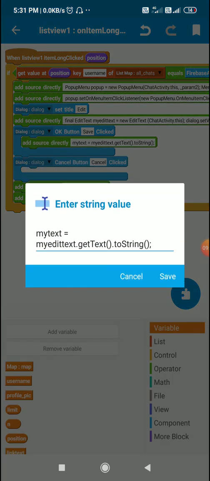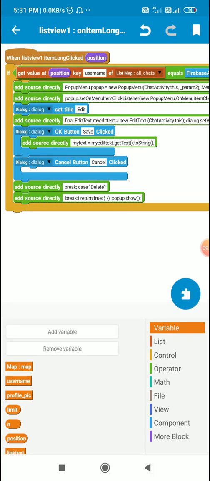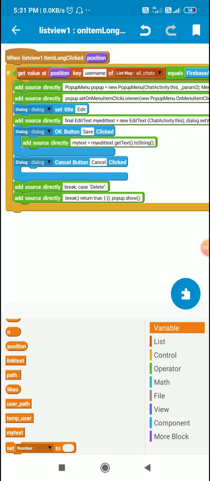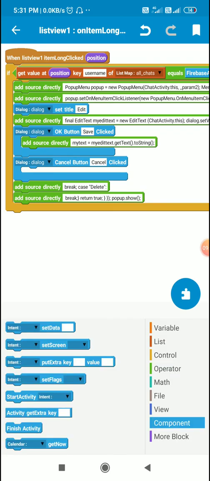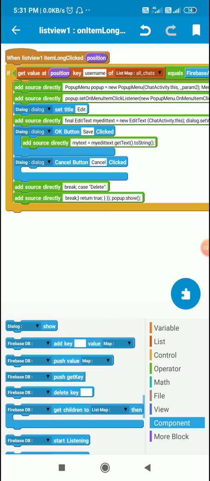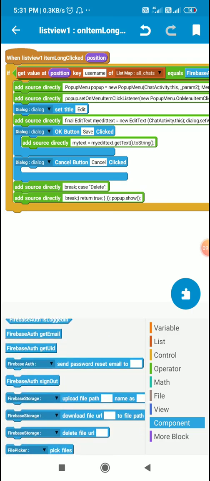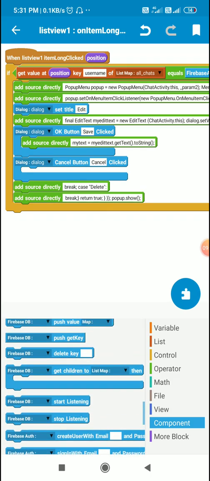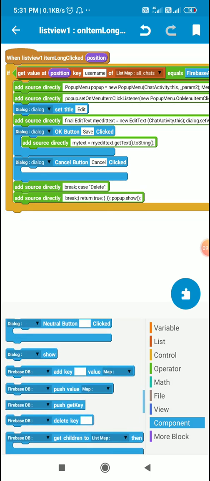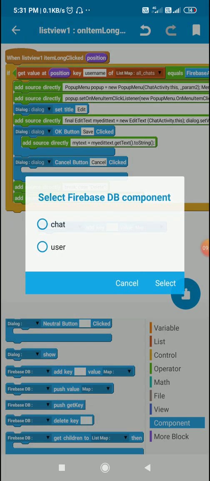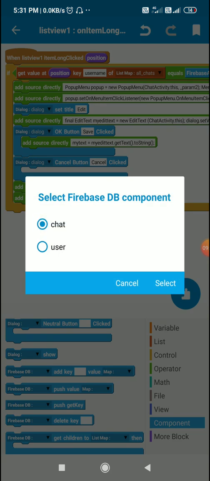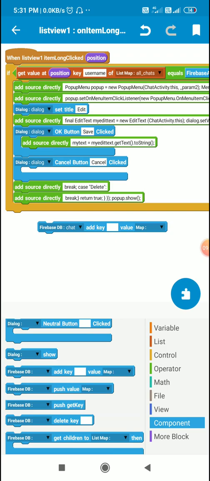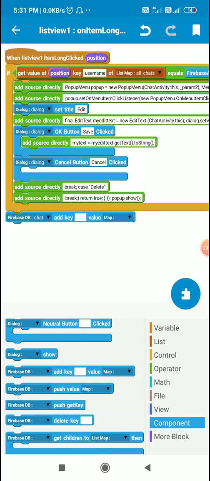So when the save button is clicked, first I have to set the string variable my text, then I have to save it in the Firebase database. So I will be using this block, Firebase add key value map. Here Firebase chat, and the key will be the key of the post and the map will be a new map variable.